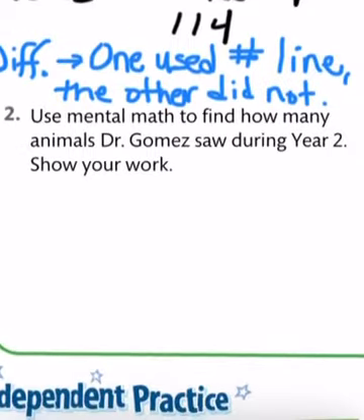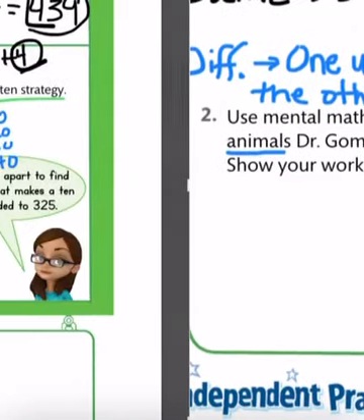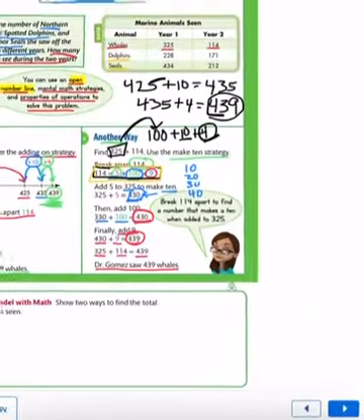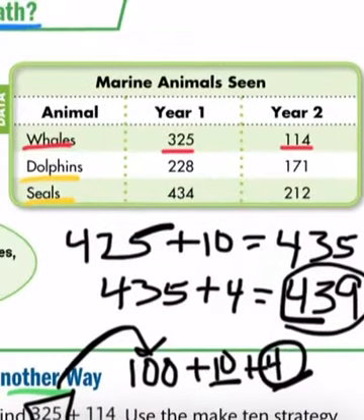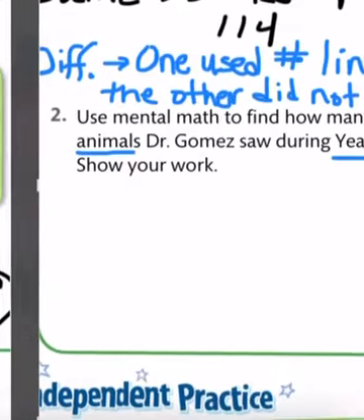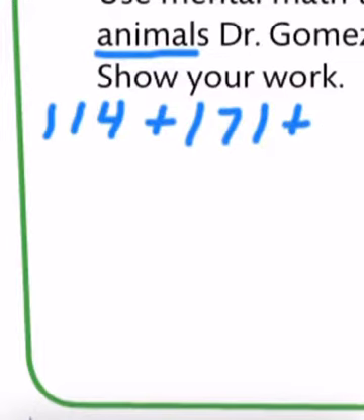Number 2 says use mental math, so we can use that number line strategy or break apart strategy somehow to find how many animals Dr. Gomez saw during year 2. So we have to go back, and now we're looking at how many animals she saw in year 2. So take a closer look at our data. Year 2, right here, we have 114, 171, and 212. So we're going to have 114 plus 171 plus